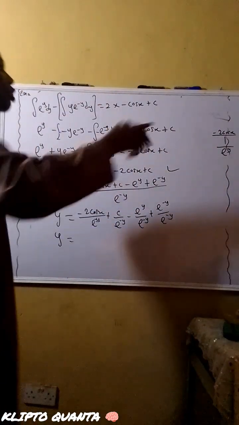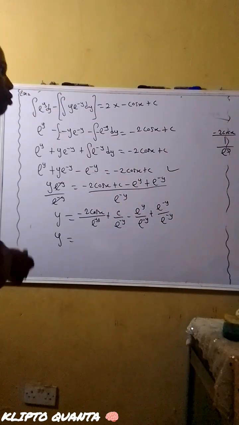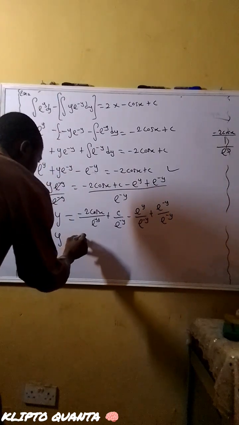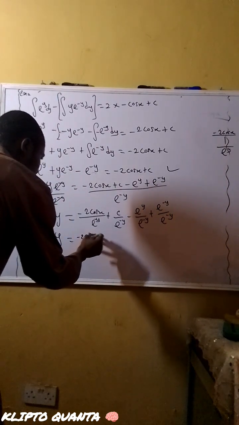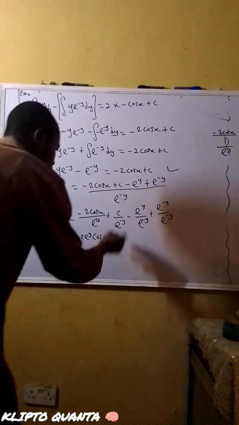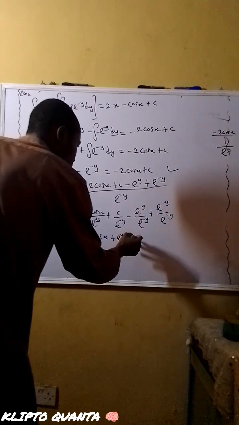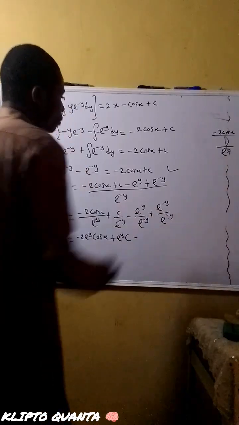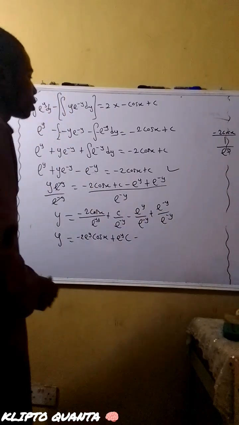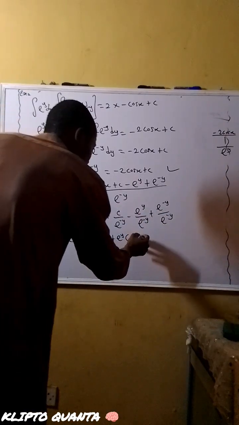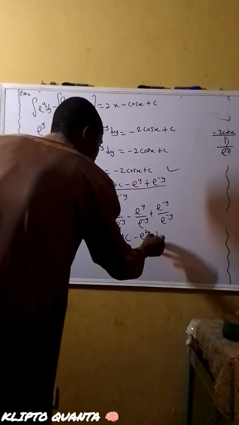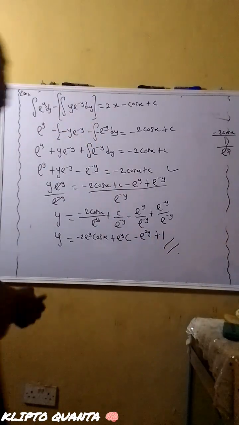So automatically it will become multiplication, so it will multiply negative 2 cos x. So you have negative 2 e raised to power y cos x plus e raised to power y with c, then minus, this is law of indices, e raised to power y, then minus y, you have negative e raised to power 2y, then plus 1. So this is the answer to